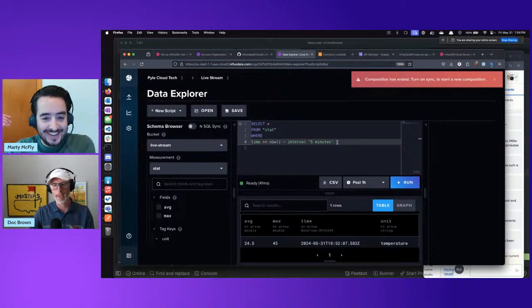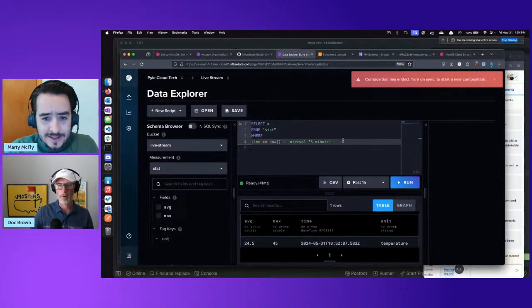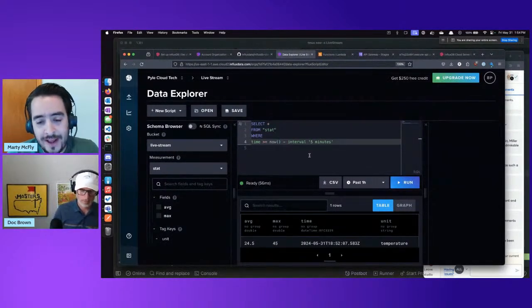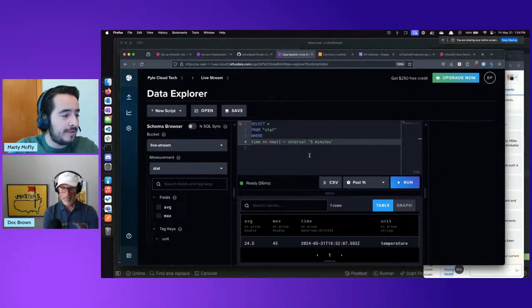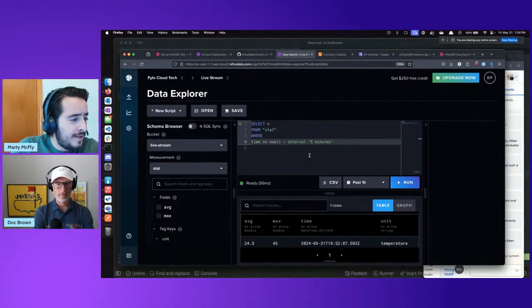Look at that. What if I don't want to make it "minutes" because it's plural? I can change it to "minutes" and it still works. Kind of cool. So let's look at the graph. I like that there's just the graph there, right? But obviously we only have one data point. And we can look at where time. Let's try to see if I can do all times. It's kind of cool.